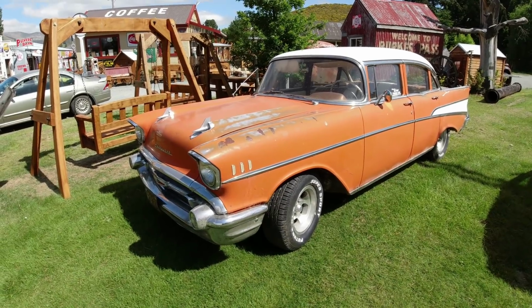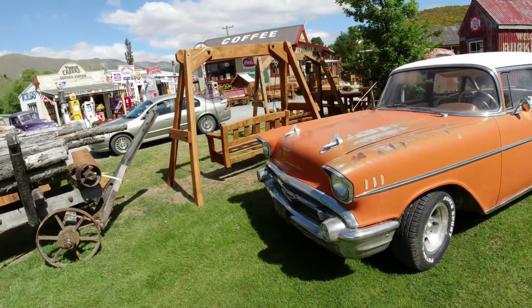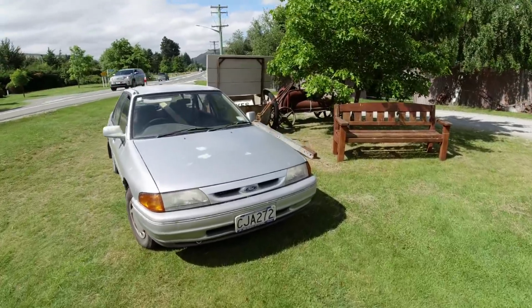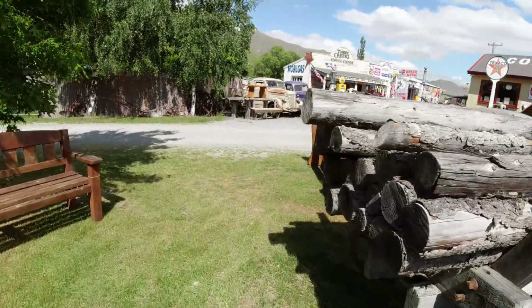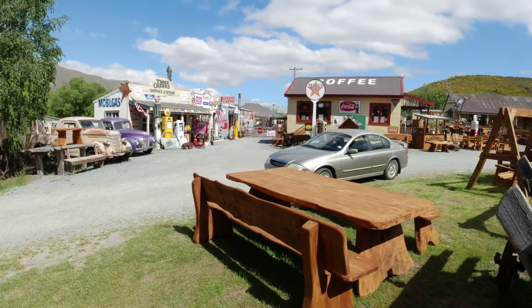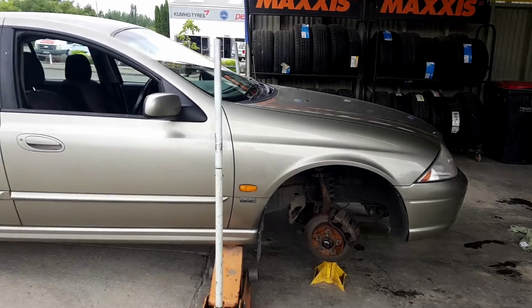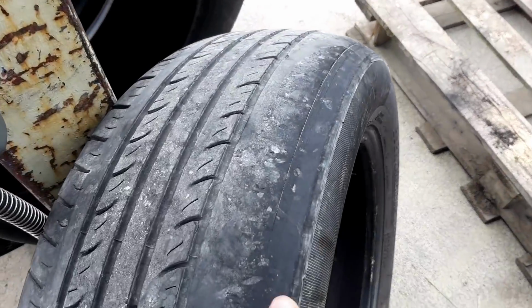Certainly eye-catching. But sadly the coffee wagon is closed, so I'm going to have to push on. Oh, doesn't she look good there? I'm only giving Betty some love because, yeah, this is...